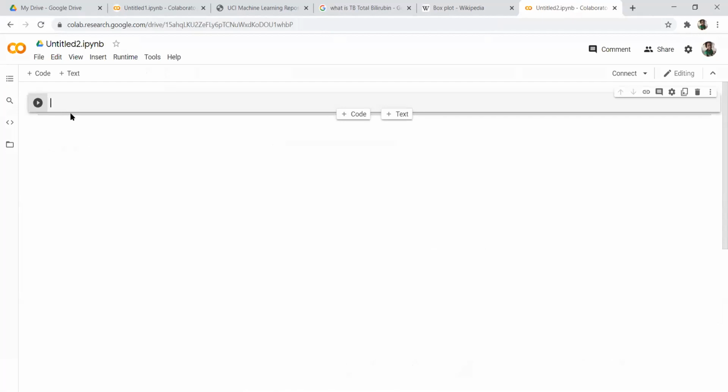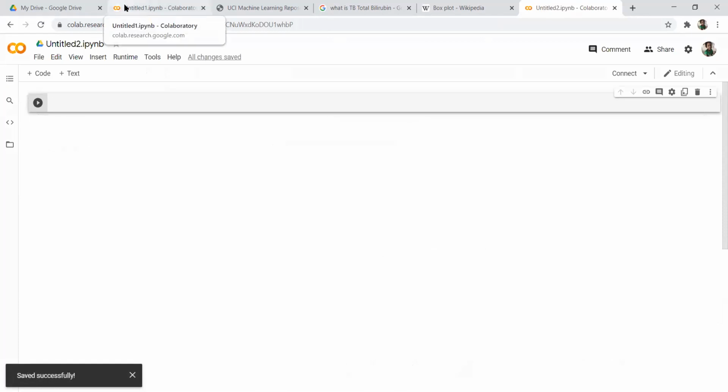Everything is between your browser and Google server. It's easy. So I'm saving it. So class, do you want a few minutes to do this? Download that data, upload that data on a Google Drive, and then create a notebook. Yes, sir. Okay. It will hardly take 2 or 3 minutes, not more than that.